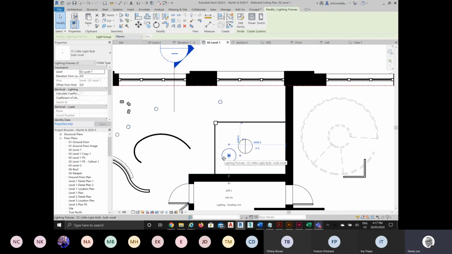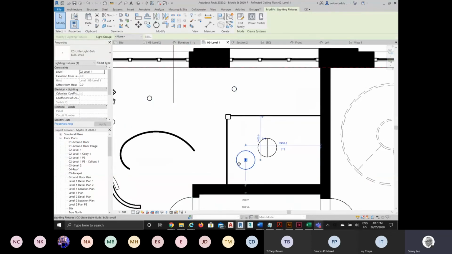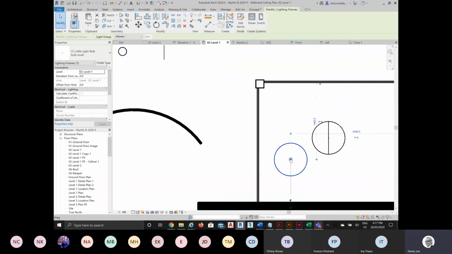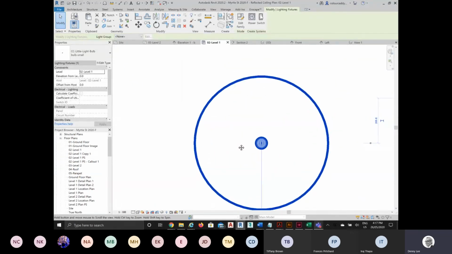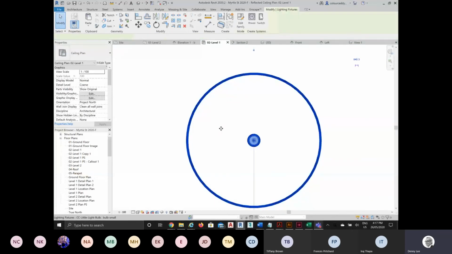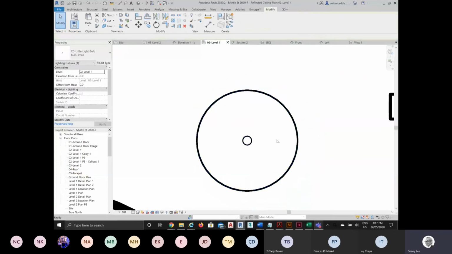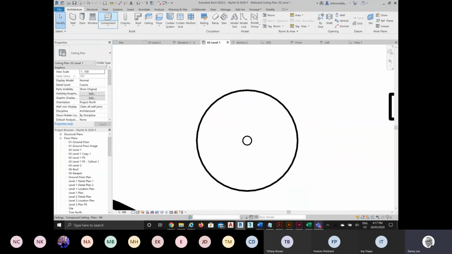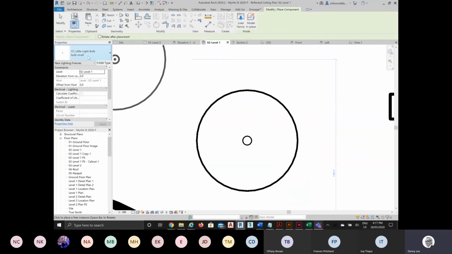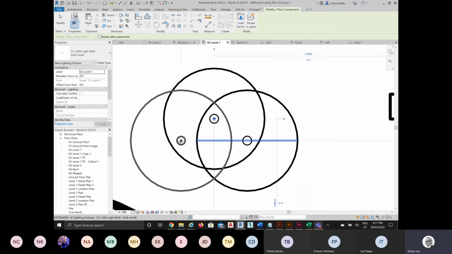So now, wherever the chandelier was, so this again is the ceiling plan. So then you could just copy several of these lights. So again, just say the chandelier was about here, and so you would then just use copy, or even just go to place component. All right, so there's my new light family,